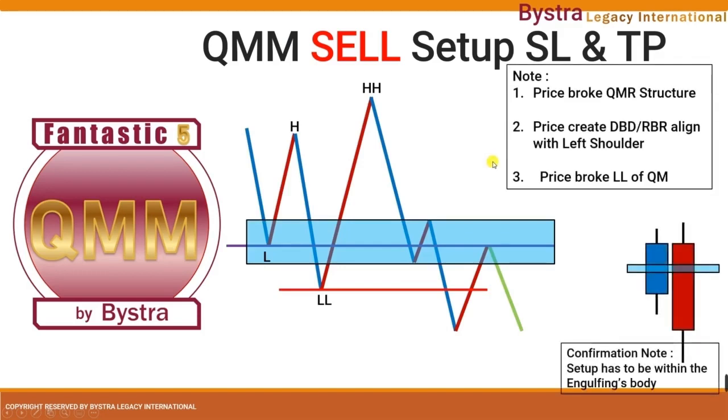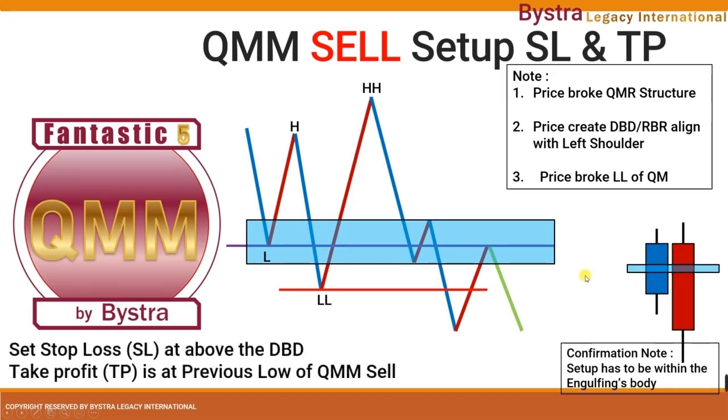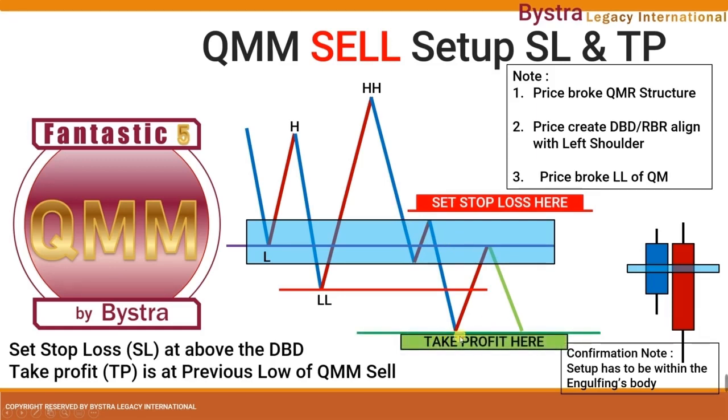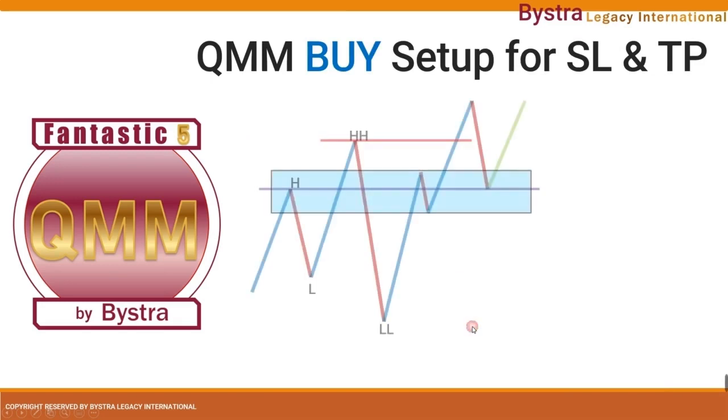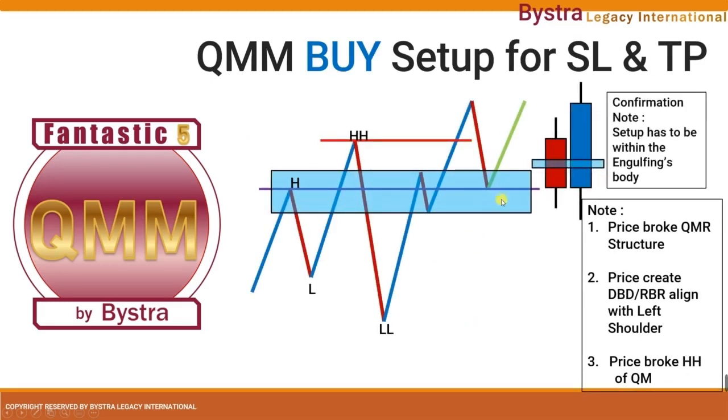For the QM manipulation case, this is a little bit different. Remember guys, the QM manipulation entry must always come with a confirmation. Anything that doesn't have a confirmation makes your QM manipulation very high risk. In this case, we have a confirmation with the engulfing candle, and the setup is in the engulfing candle. So where is your stop loss? The stop loss will be set above here, our entry point, which is the drop base drop in this case, and our take profit would be the previous low of the QMM sell. Same goes with the QMM buy. You must have a confirmation for